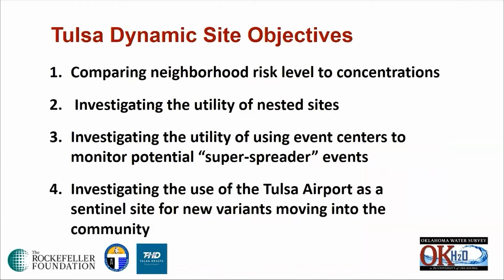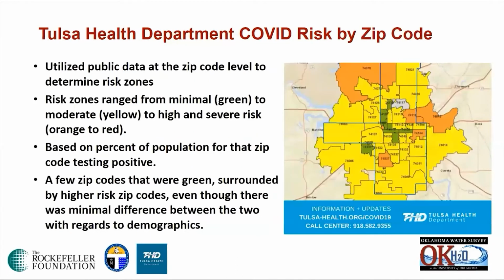And so here's some of the things we did. We wanted to compare neighborhood risk level to concentrations, investigating utility of nested sites, investigating the utility of using event centers to monitor for potential super spreader events. And then we also looked at the Tulsa Airport as a sentinel site for new variants potentially moving in as part of that. So the first one, when we looked at